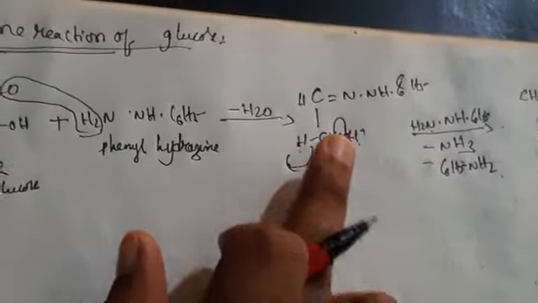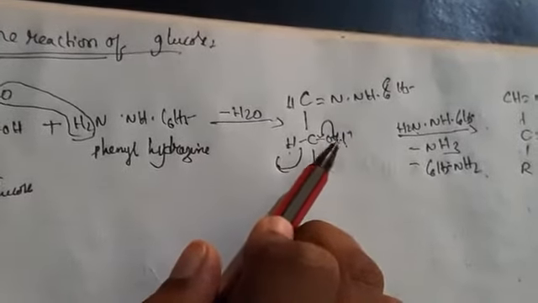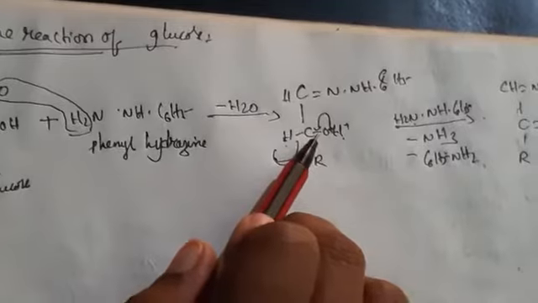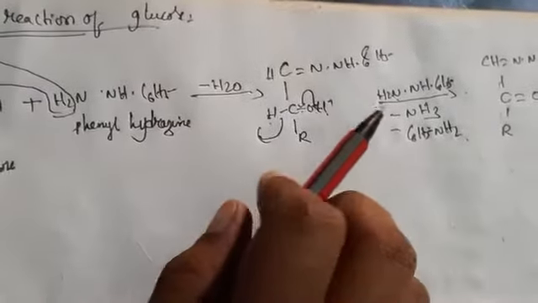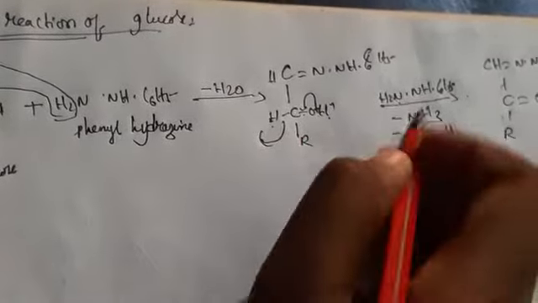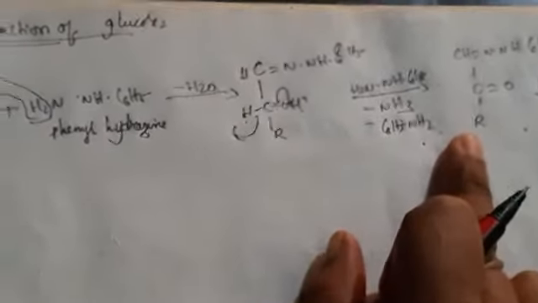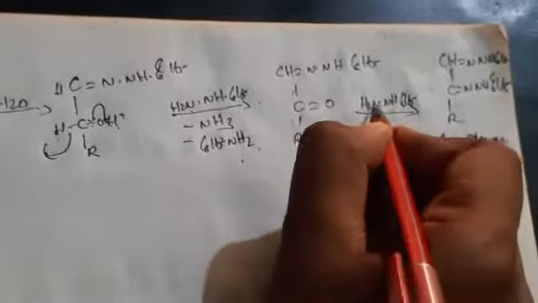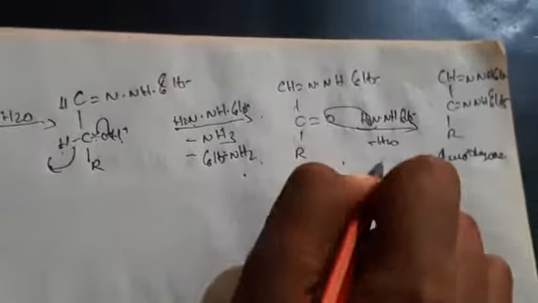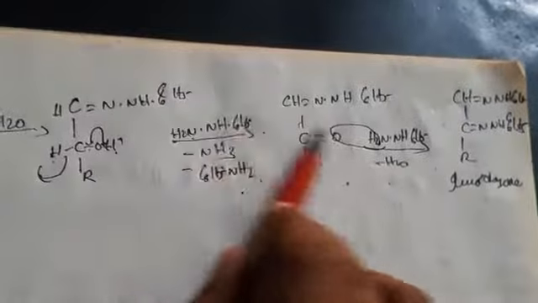In the next step, I am cleaving this bond, meaning I am breaking this bond. Here you have the OH bond; if you turn this bond here, you are going to get a double bond. Okay, so this H plus, this NH2 H plus, NH3 and C6H5NH2, aniline molecule, go outside. So you are getting this molecule. Again I am adding phenyl hydrazine here, H2N, and O, minus H2O lost. Finally we got the compound glucosazone. So 3 molecules of phenyl hydrazine we are taking here.